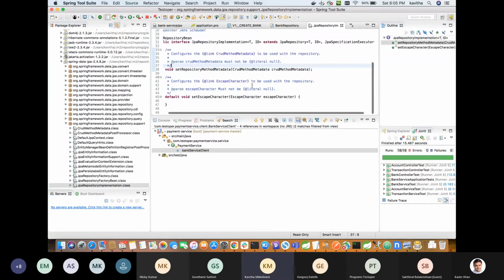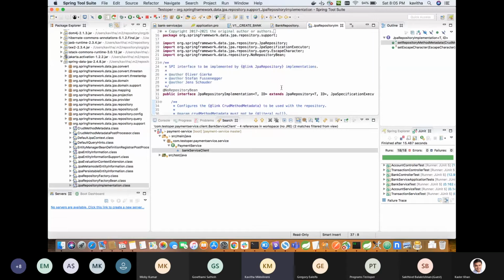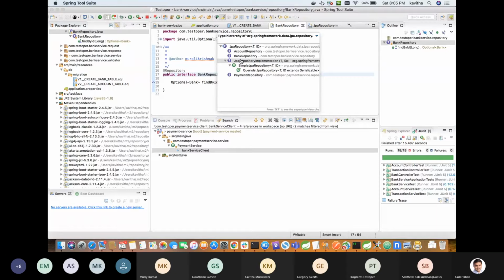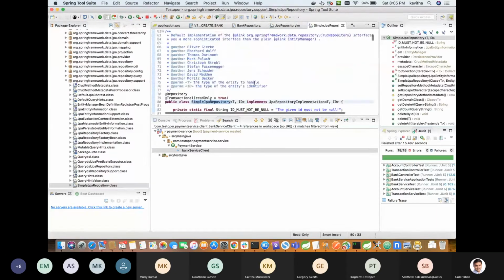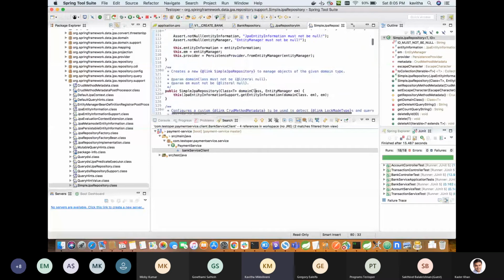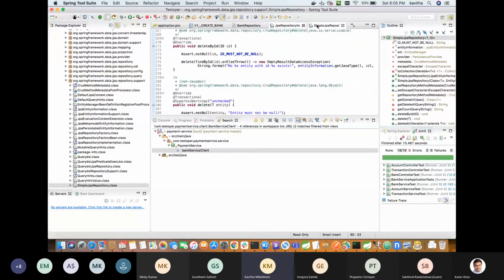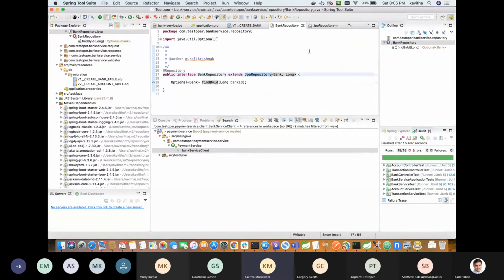All the default methods are here: the save, get methods, everything will be here. So we don't have to worry about simple select queries, update queries, everything will be actioned by these classes itself.